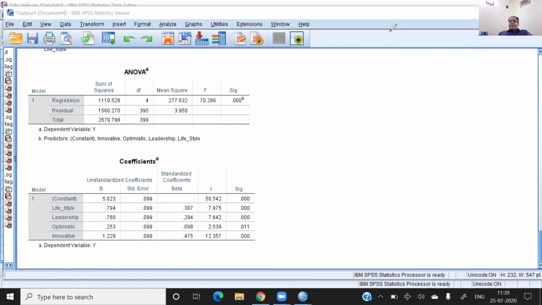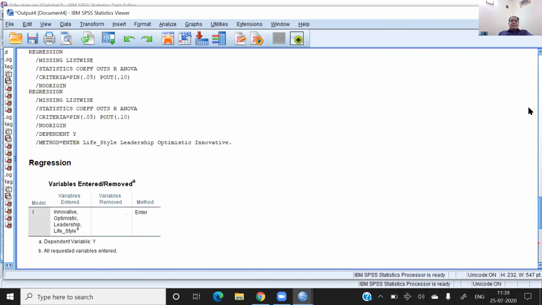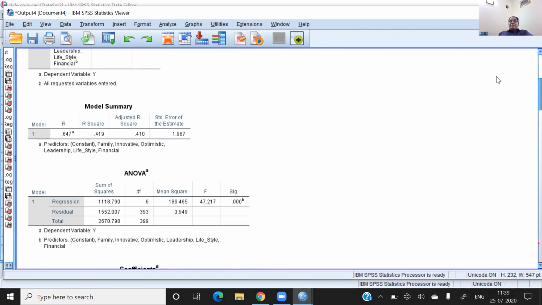So now I have explained almost every concept in simple regression and multiple regression. Now the next part which we are going to discuss is the problems and assumptions of the regression model. So for that we have to move again to the whiteboard. So what are the assumptions of the regression model?